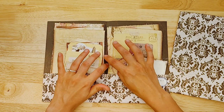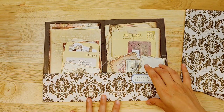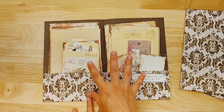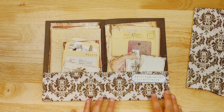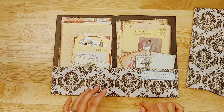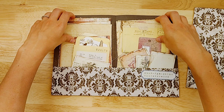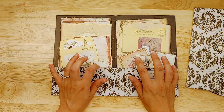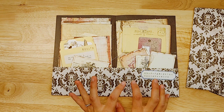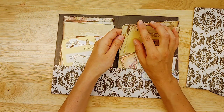I folded the bottom up here to make a pocket, and then there's a label. So each of these are similar. I'll go through them, but there's differences. So one of the labels from the kit I put right there, and then there are stationery pages, and then little cards and ephemera you could slip in with your letter. Each folder has